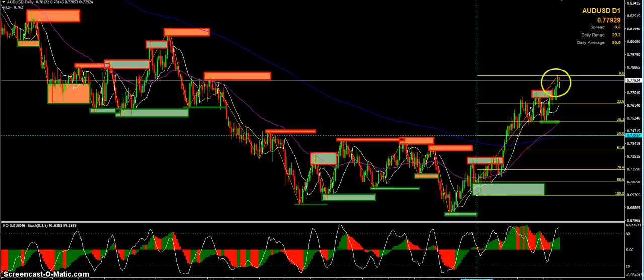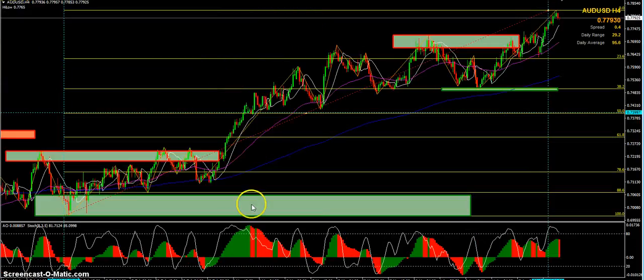So what we need to do now is we'll go ahead and grab our vertical tool, and we need to determine how many wave cycles we've had in this last move higher. So if we believe this is wave 3, on the lower time frame we should see a 5 wave move higher. So drop down to the 4-hour chart. First thing that jumps to our head is this large AO here, which identifies wave 3. So with this AO back to the zero line, as you can see it's come back below the zero line, we can determine that this is wave 3, pull back for wave 4, and the wave 5 higher, breaking to